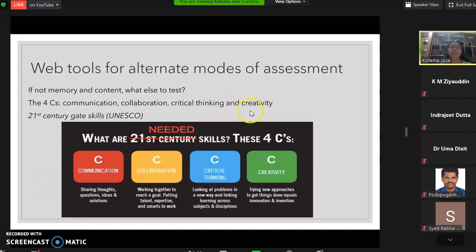Kahoot for any student to get into any job. These are 21st century workplace skills. They are called 21st century essential skills. These are what employers always look for in prospective candidates: the communication, collaboration, critical thinking, and creativity skills. This is why they are called 21st century skills. This is called the 4 C's.